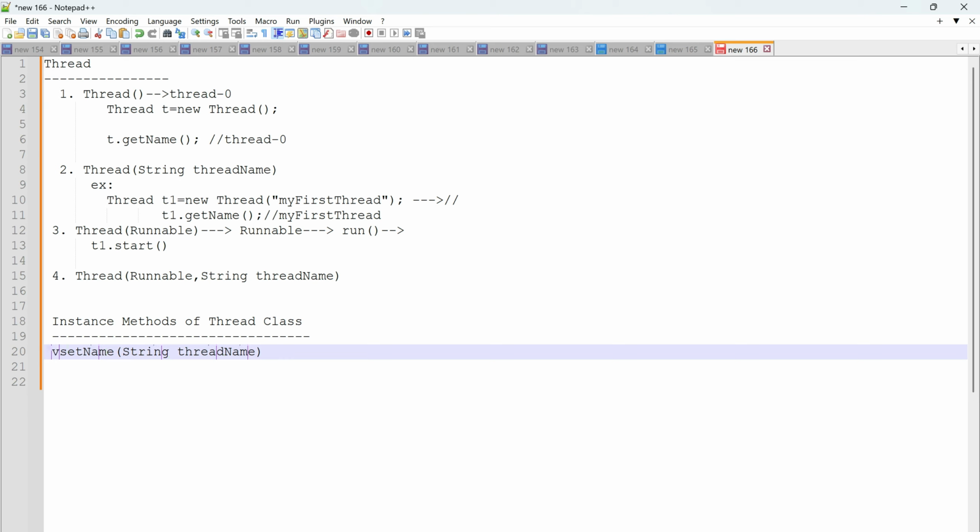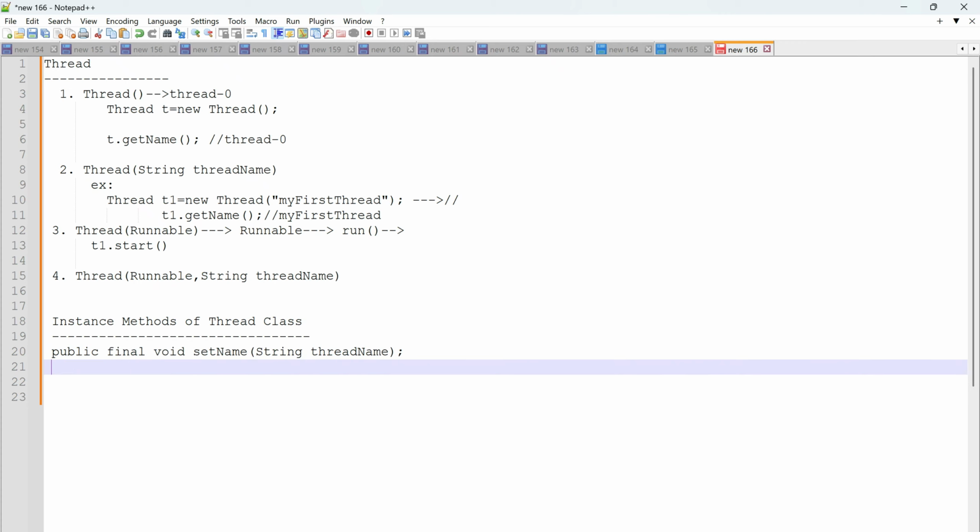So it will be void, and it is public. It is public, and it is final, so it cannot be changed. You cannot change it once you define it. So public final void setName,